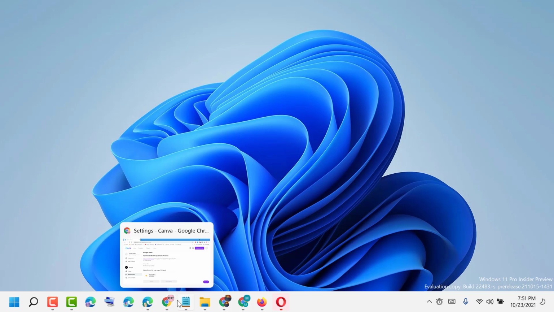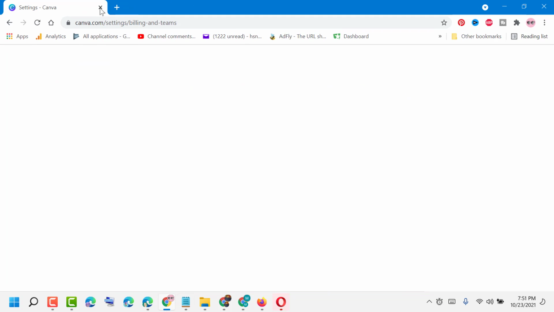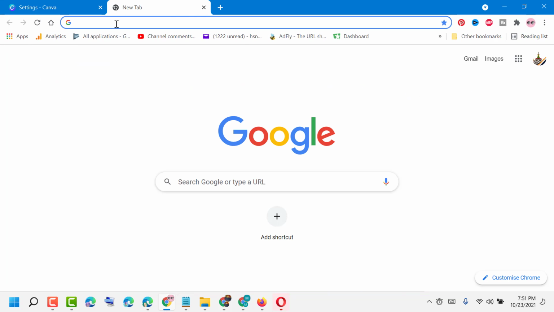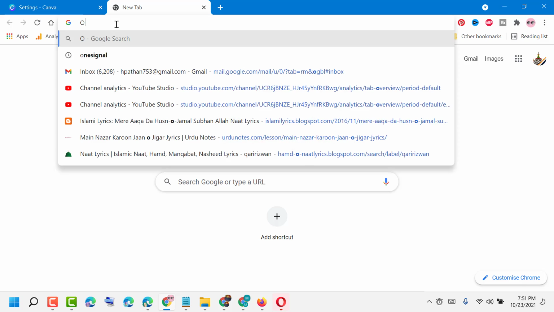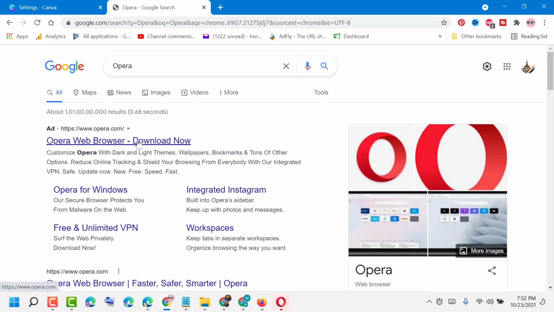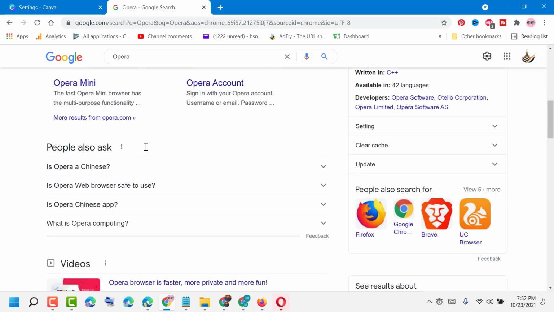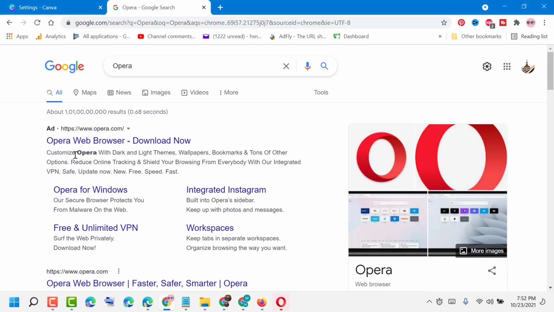First, open any Chrome browser and type Opera, and click the website www.opera.com. Click this link